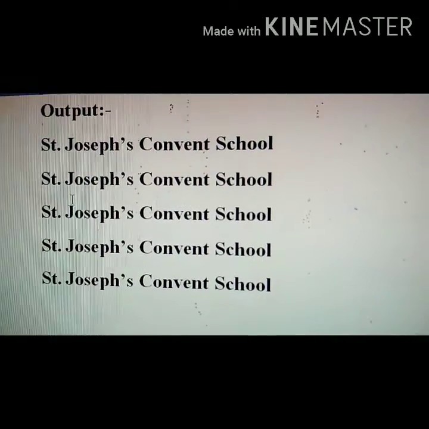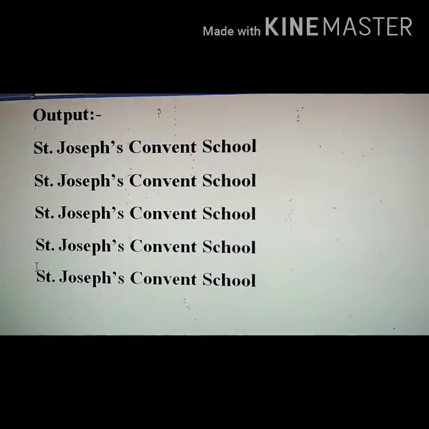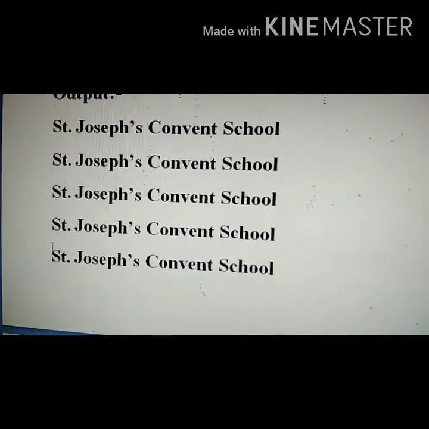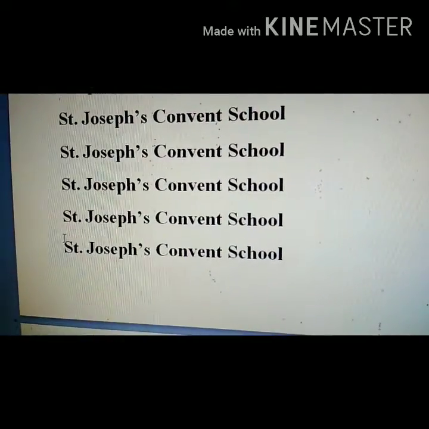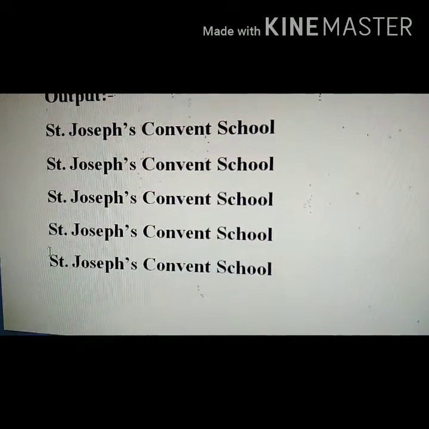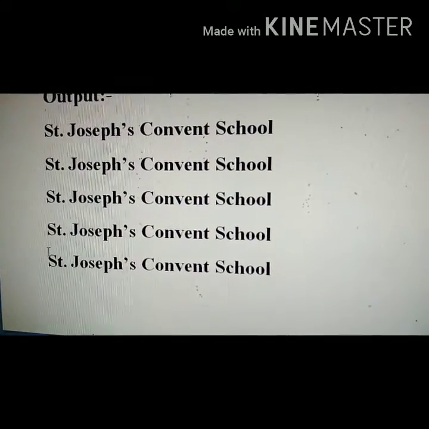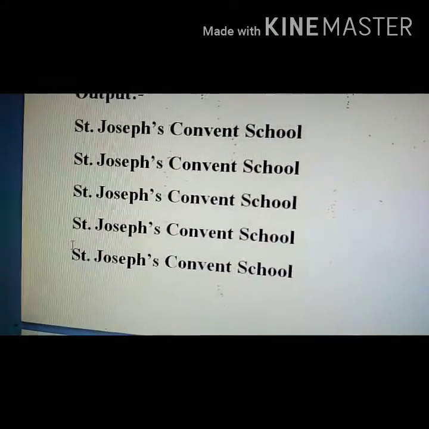Children, now let us see what a step attribute is. The step attribute in for next is used to increase or decrease the value of a given variable by specifying the number. Suppose we want to print the table of 2. That means the difference is 2, isn't it? So we can use the step attribute to increase the value of the given variable by 2.